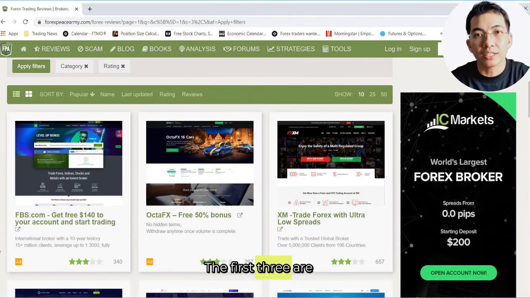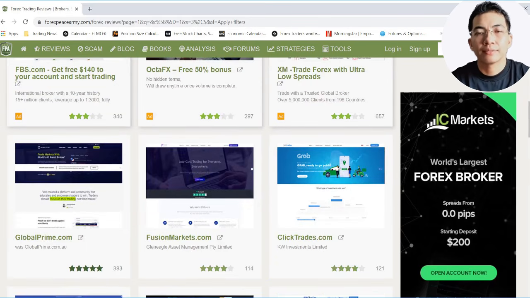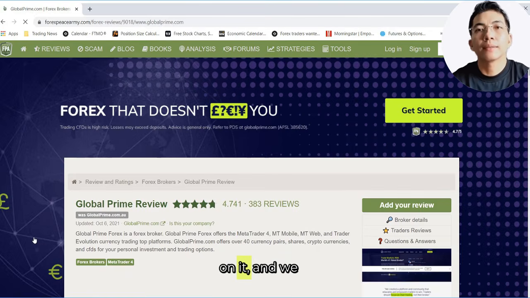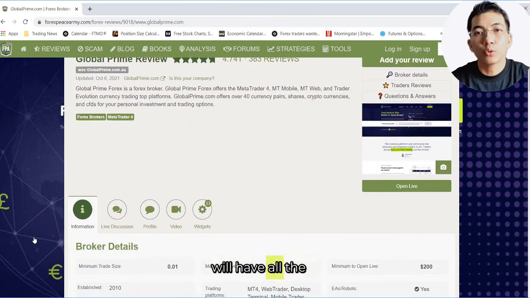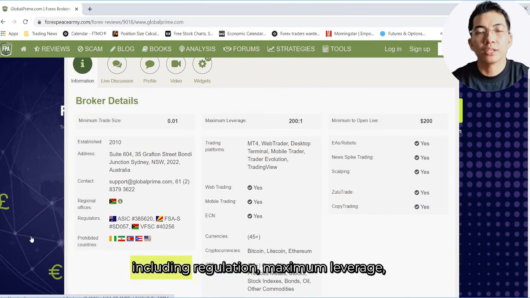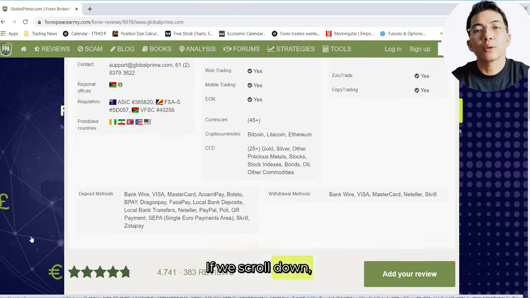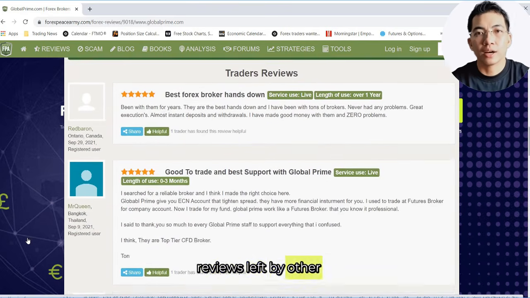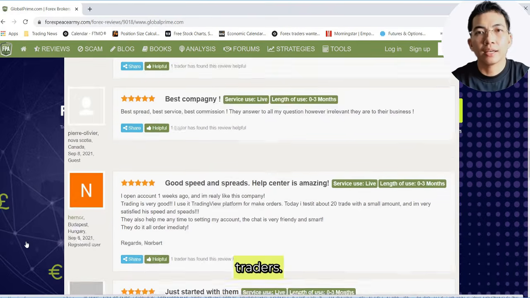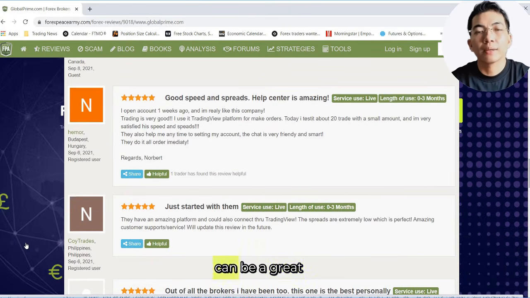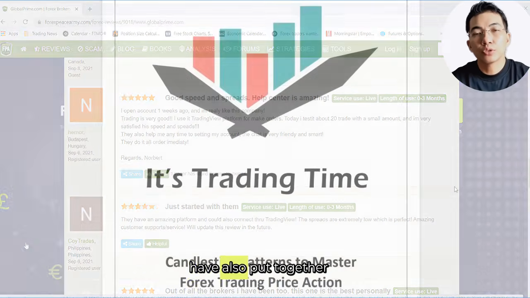The first 3 are just ads, so let's see the first one after the ads. It is Global Prime, so we can click on it and we will have all the details about this broker, including regulation, maximum leverage and minimum deposits. If we scroll down, we have all the reviews left by other traders. So Forex Peace Army can be a great help when choosing your Forex broker, but I have also put together